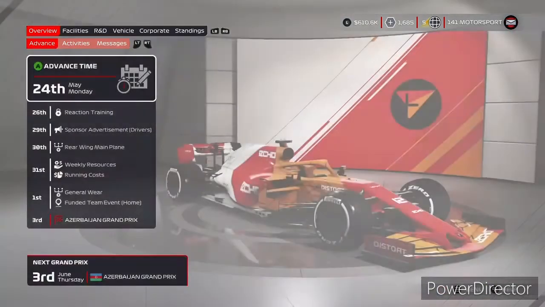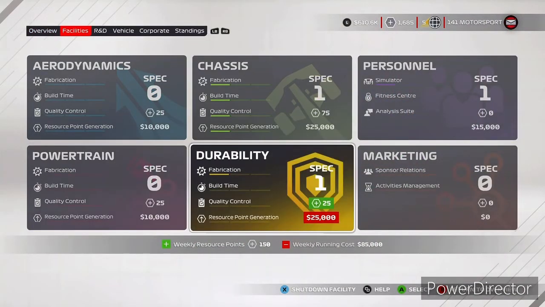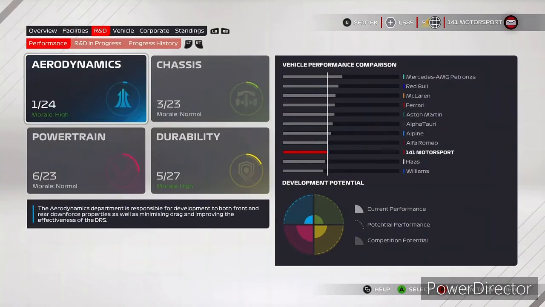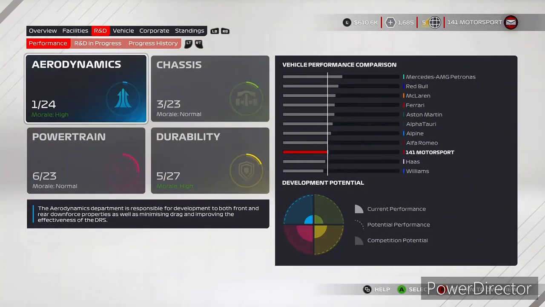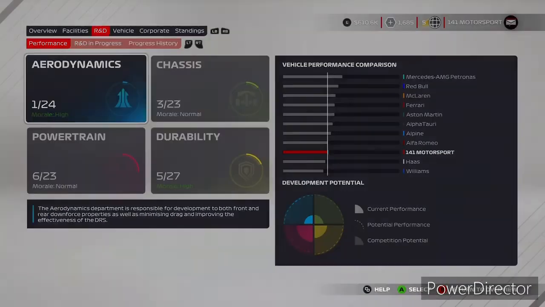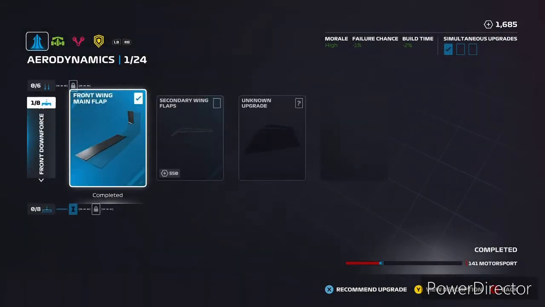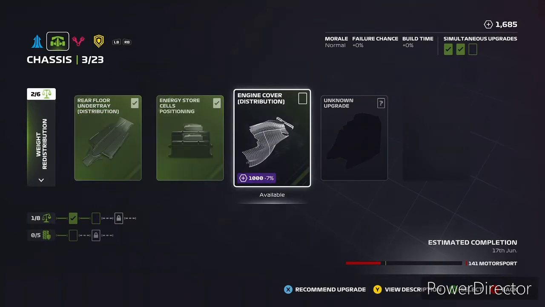And now we're going to go to facilities. I think that simulator one came, I don't know, so we've got a minor aerodynamic rear downforce on the way, which will be there for Baku, and let's see if we can add to that one. So we're going to look at that. Oh wait, we can't buy it because the department capacity is reached, so we're going to look at the chassis,